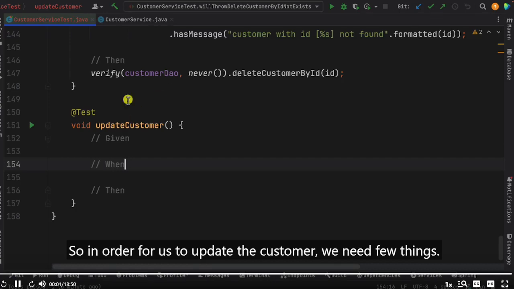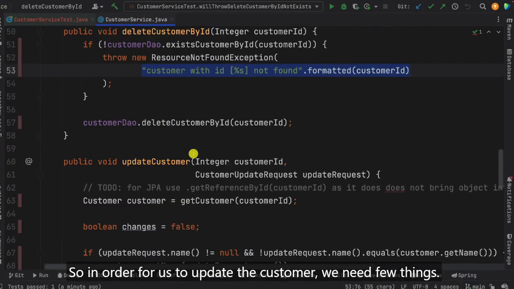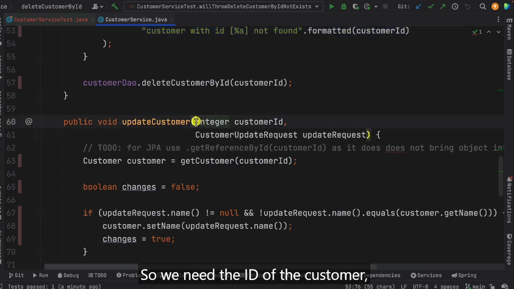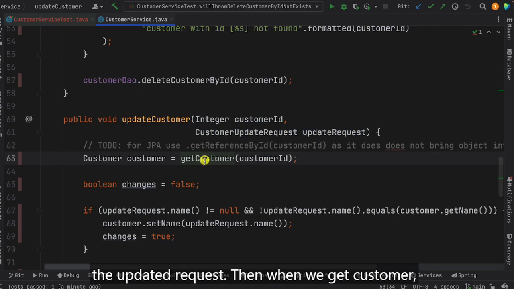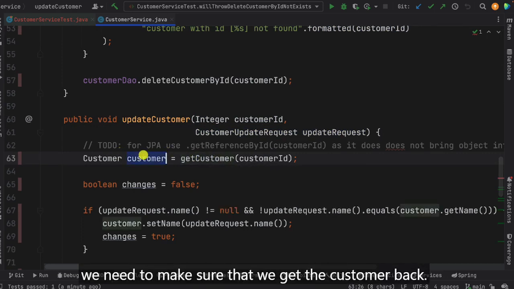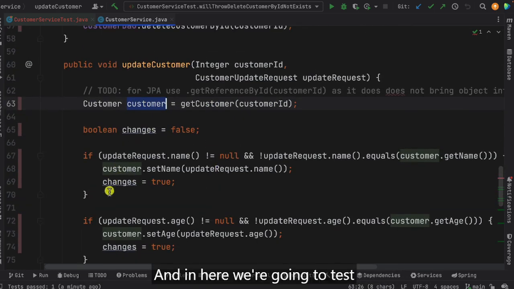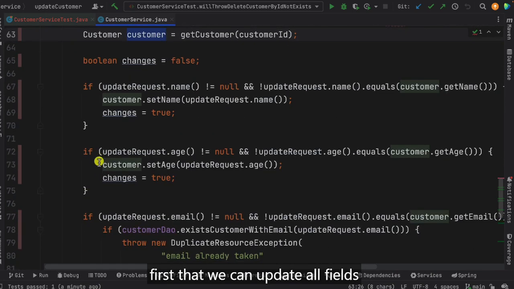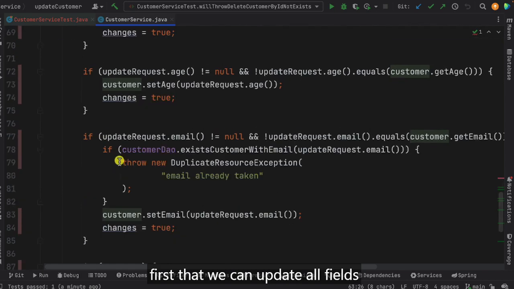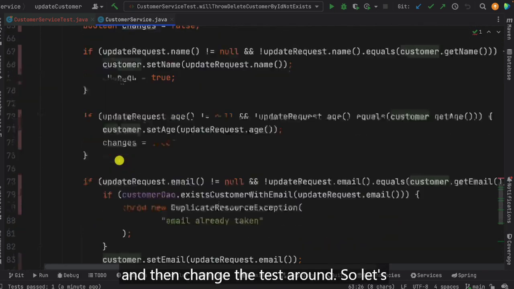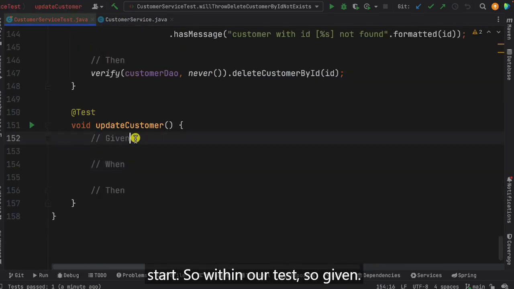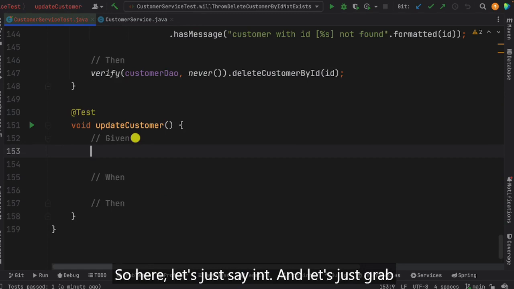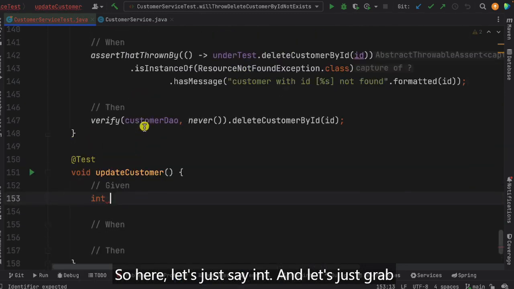In order for us to update the customer, we need a few things. So we need the ID of the customer, the updated request. Then when we get customer, we need to make sure that we get the customer back. And in here, we're going to test first that we can update all fields, and then we'll change the test around. So let's start. So within our test, so given, so here let's just say int, and let's just grab,